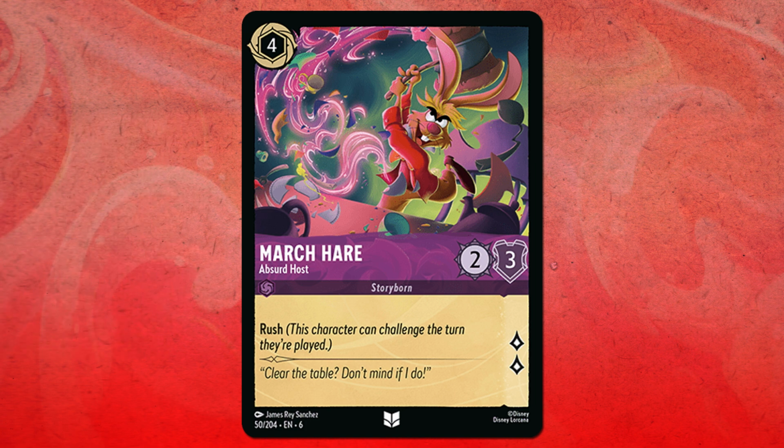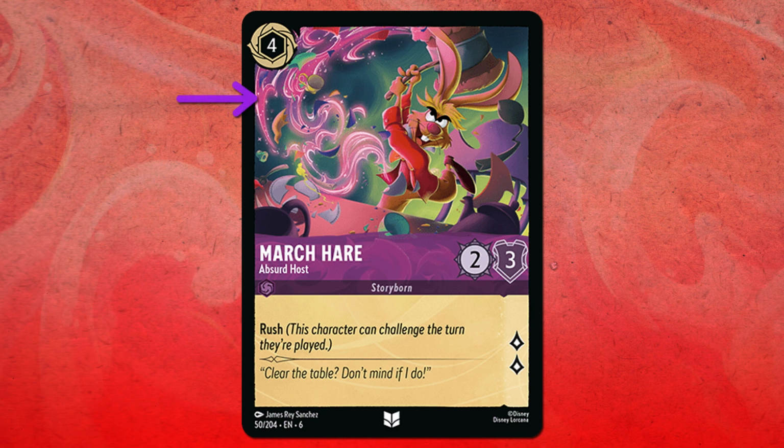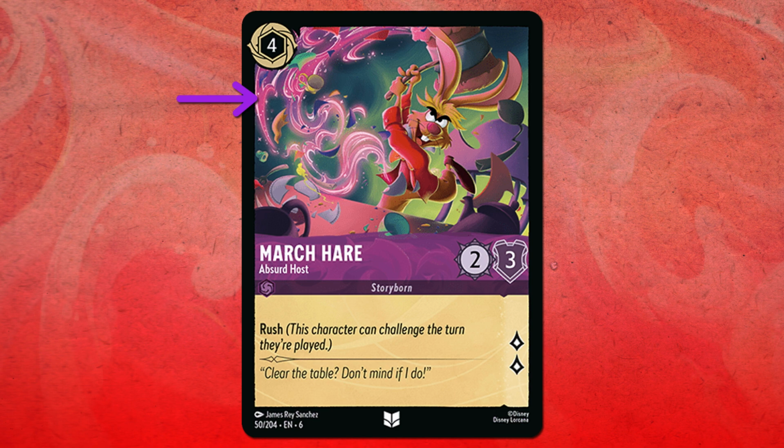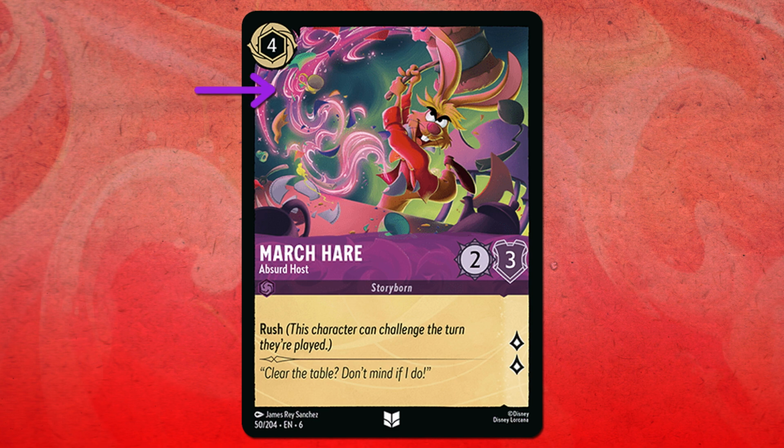A pretty consistent thread you'll see in Amethyst are these crescent tendrils of magic that slip out and kind of go through the different cards. It gives them that magical flair that you happen to connect in Amethyst especially. This wisp happens to help tie the rhythm of everything together as it connects to the hare's hammer right out of frame.